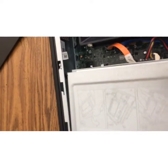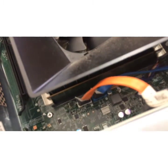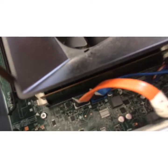So what you're going to look for is a card in your computer that has those 2 little white tabs. There's 2 white tabs on the side there, and then all the way at the bottom of the card, there's 2 little tabs on the other side of the card. So what I'm going to do is pull out the tabs and unlock the tabs and pull out the card. So I take my screwdriver and I push it in there,